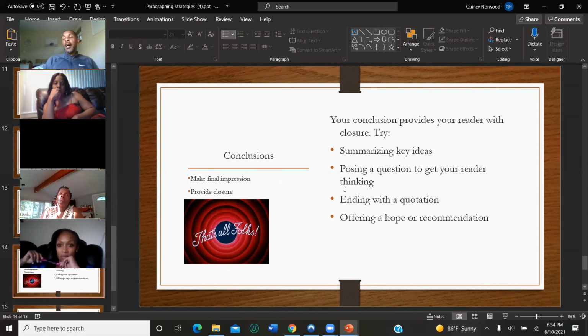Summarizing key ideas, that'll work great for our common essay. But I think these last three bullets, posing a question, and you're not posing a question that they would have expected you to answer in your essay, but you can say, isn't managing one's time better than not having a schedule, something like that, some rhetorical question. If we don't address climate change now, the results will be dire. And is that something we really want? Okay. Questions like that is what I mean.